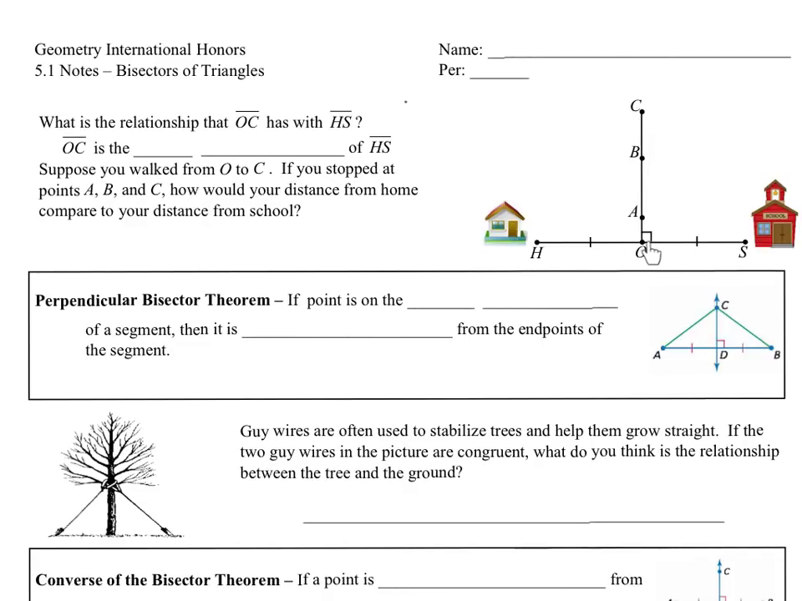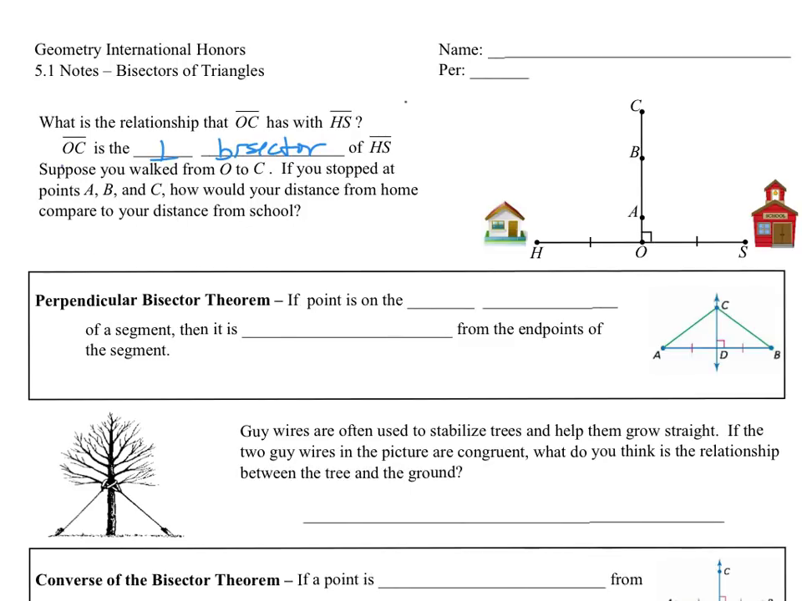Well, I see a right angle symbol, and I also see these tick marks. So that means that OC is the perpendicular bisector of segment HS. Perpendicular bisector. Okay, so suppose that you were to walk from O to C. So you start here and you start walking along this path from O to C. If you stopped at points A and B and C, how would your distance from home compare to your distance